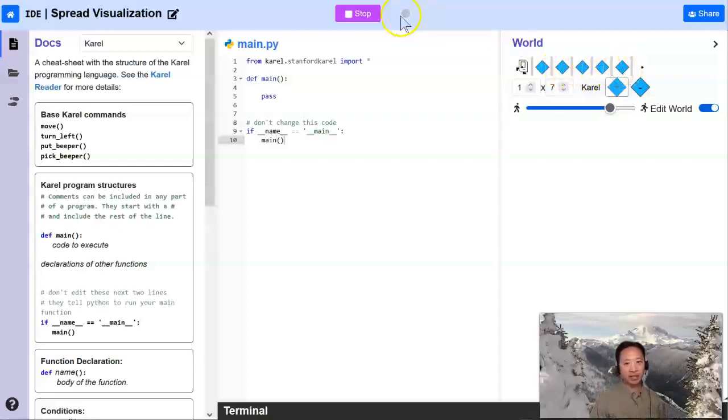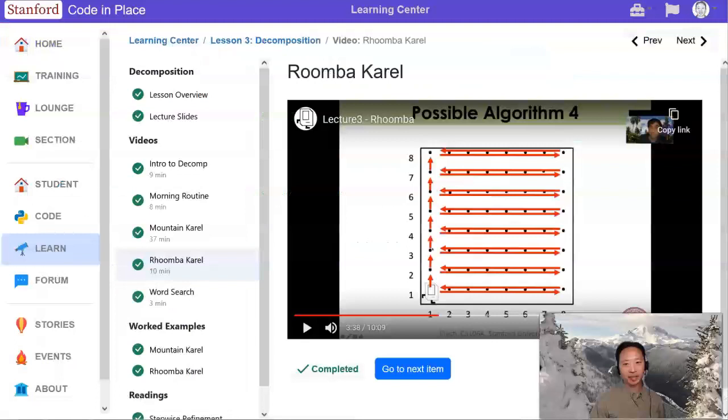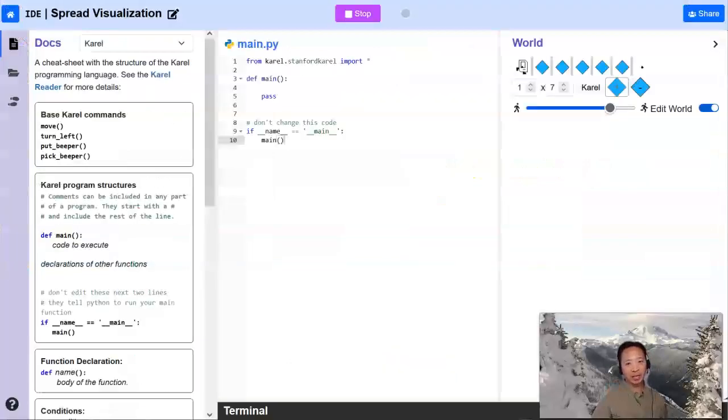So if we think back to this Roomba solution, Roomba had this ability where it was always facing east, and when you got to the top, you could say, is left clear? You could say, is left clear at all these points, and it'll always be false until we got to here. And even then, it was slightly tricky because once the left is clear, we want to stop, but we still need to fill this row in too. Okay, but coming back to here,